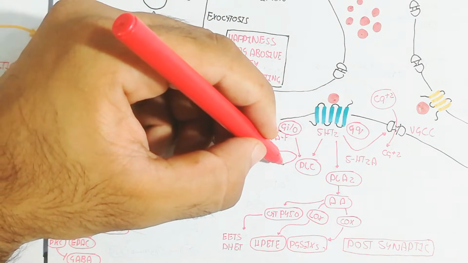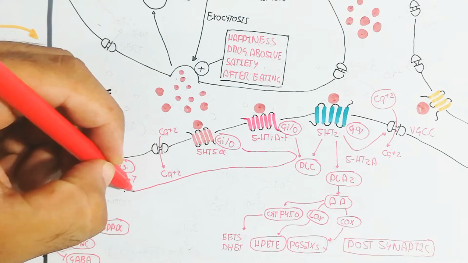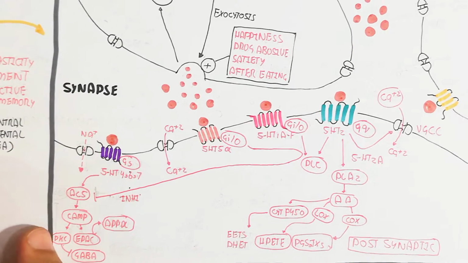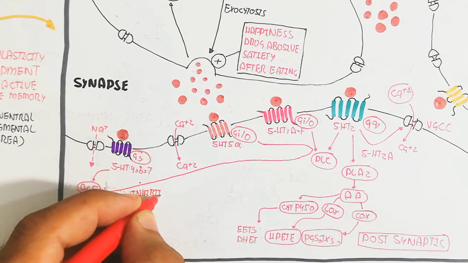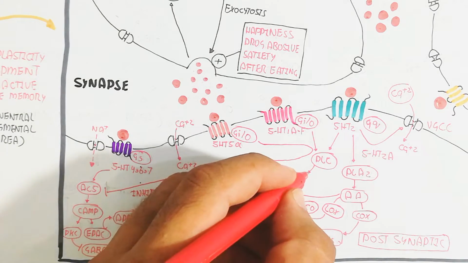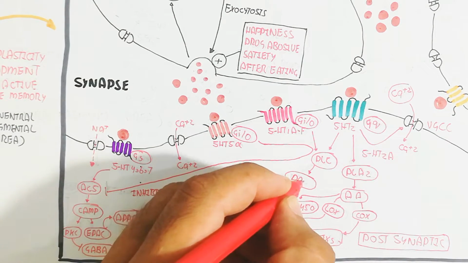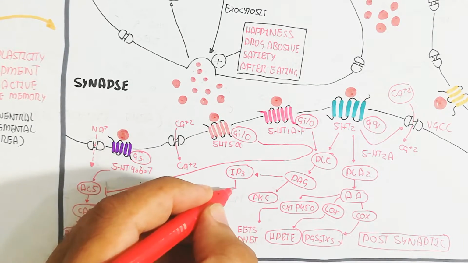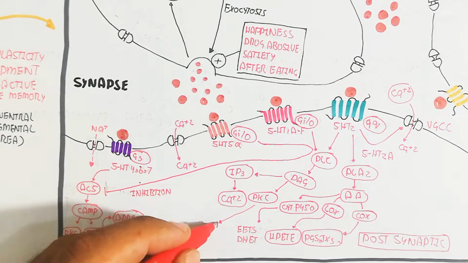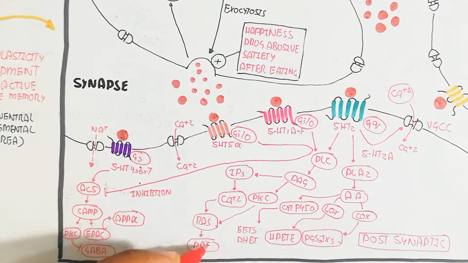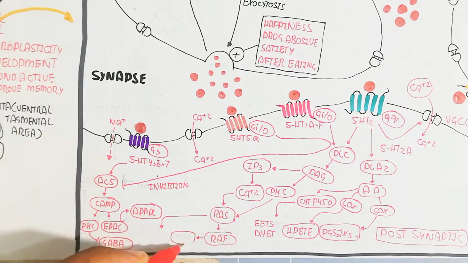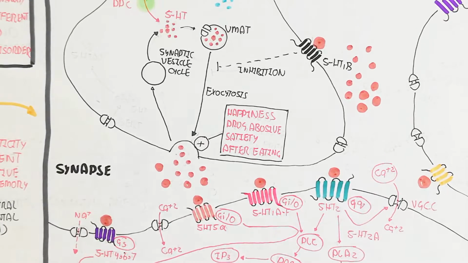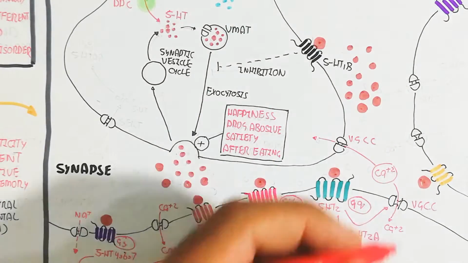And on the other hand, just for understanding, the 5-HT5A will activate through phospholipase C to inhibit adenylate cyclase 5. In this way, adenylate cyclase 5 will be inhibited, which will lead to GABA increase. When GABA increases, it will inhibit the further production of serotonin, and the GABAergic neuron will activate. So that is basically the mechanism for understanding. On the other hand, the calcium will trigger RAS, and protein kinase C also triggers the RAF-MEK-ERK pathway for